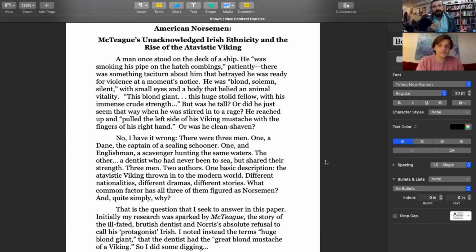So, Peter, what would be the known in this situation? Great question. So you do a nice job in this first paragraph of establishing a scene. And so while there are a lot of details, what sticks in my head is something that I can know and then move forward would be this scene on a ship. We have men and we have someone questioning the description of at least one man on a ship. That's what's established in the first paragraph.